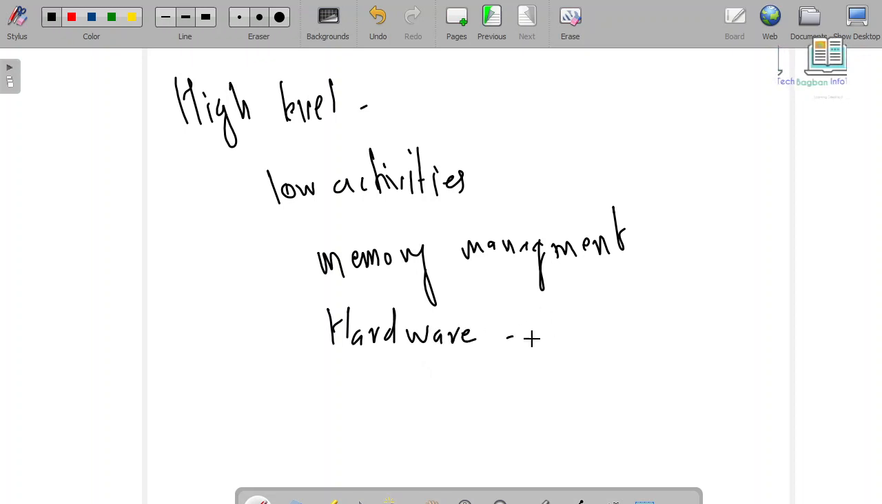For example, is it Intel hardware, or AMD hardware, or any other Raspberry Pi hardware. So as a high level programming language programmer, we don't need to do all these activities. Our Python software will take care of all these things. So this is about high level languages. Okay, so